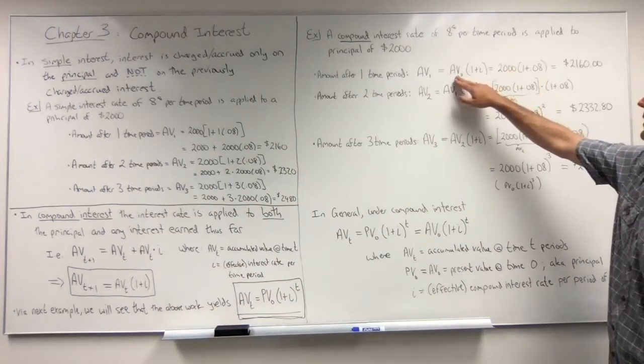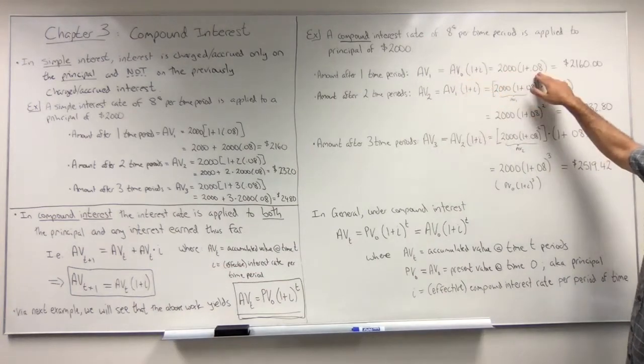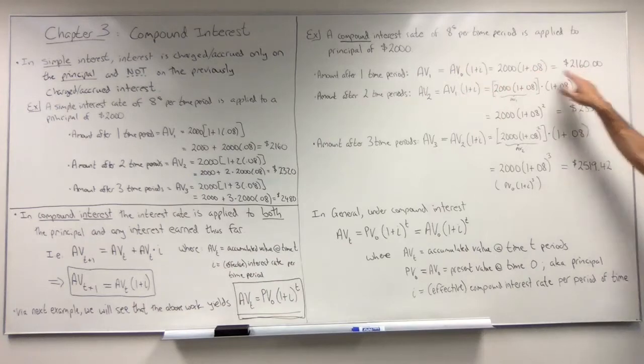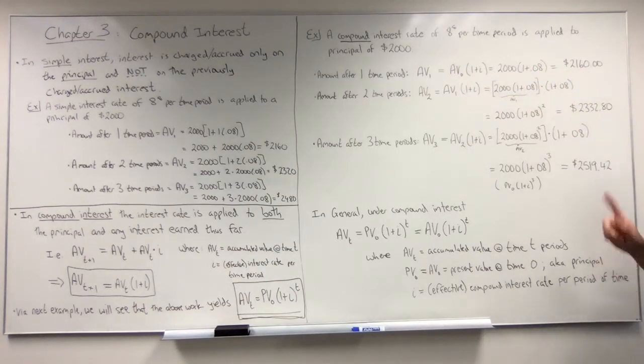It was the amount we had at time 0. i was 0.08, and I get 2,160, just as I did with simple interest. However,